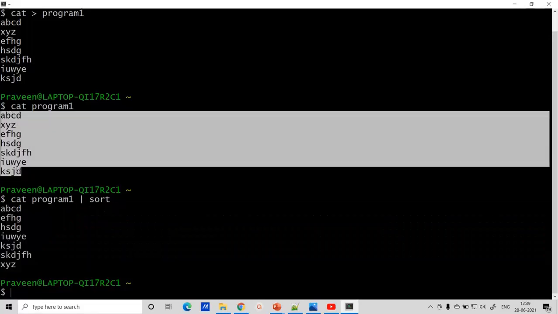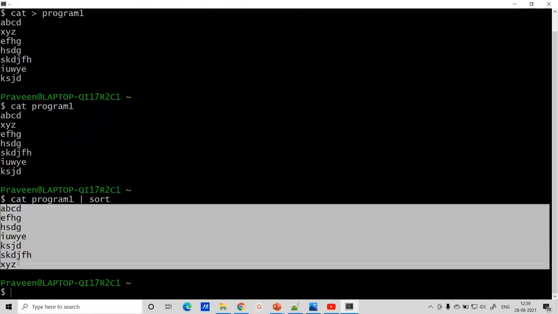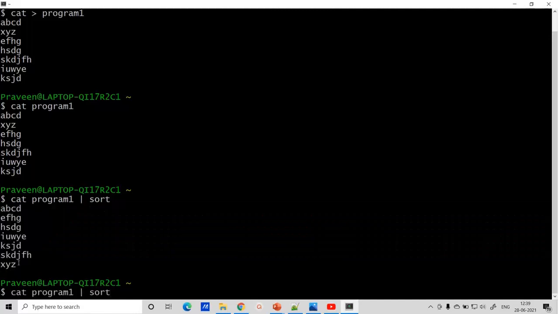You can see, if you observe this, this is our original file. This is our program or result or output after execution. Okay. Now if you want to save this content onto other files, I can write something like this.